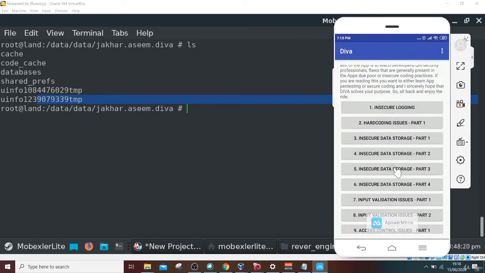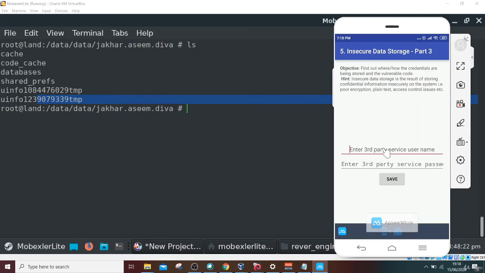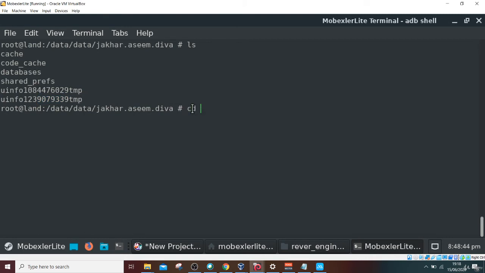Go back and again come to the challenge section, write pentest skill 1 and write the password as POIUYTREWQ. That is what I am writing. Let's press enter. It says credential saved. Go back so that it will refresh.